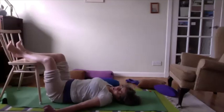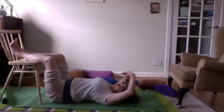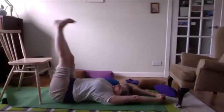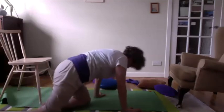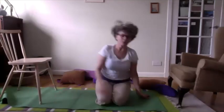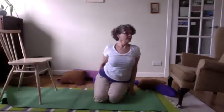And then slowly we'll just take a deep breath and move our fingers and toes. And stretch our arms and legs. And then bringing your knees up to roll onto one side. We're going to get ready to finish in a sitting position. You can take a moment on one side. And then when you're ready,